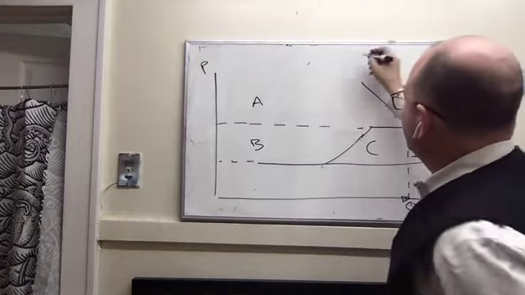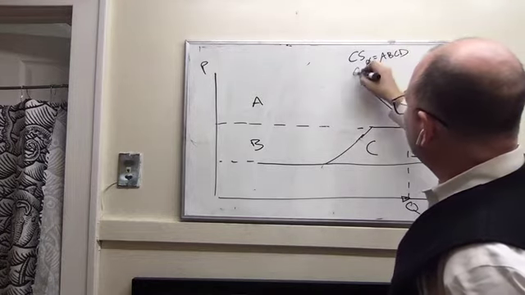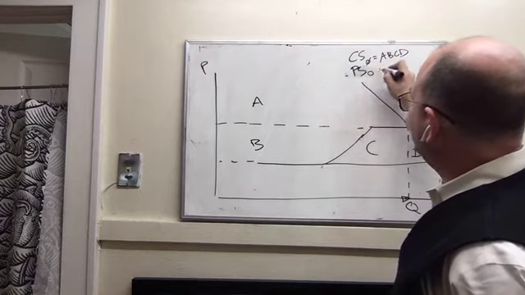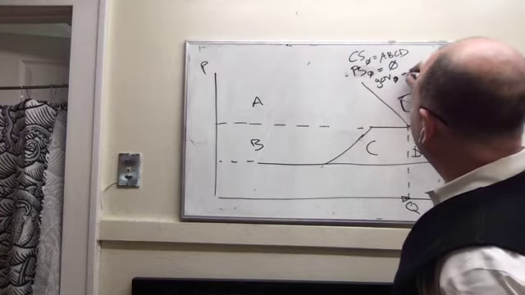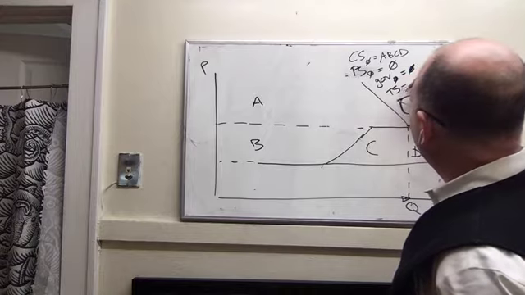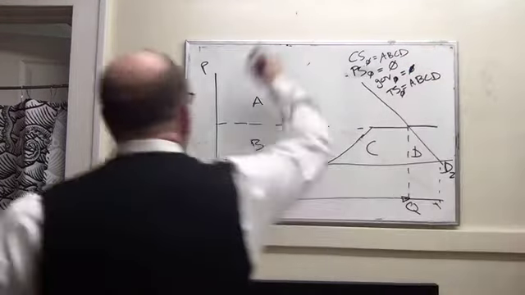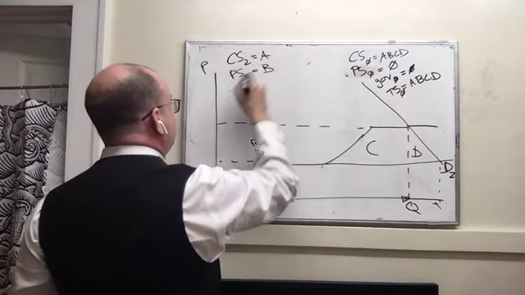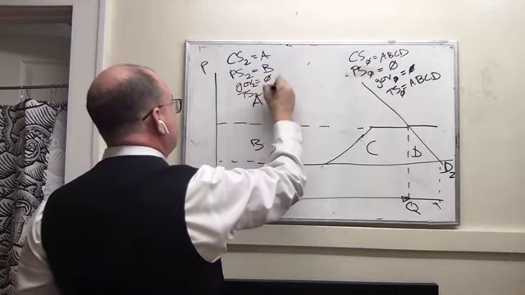And so basically, if we think about this, I'll just get rid of this. Consumer surplus with no restriction is going to be A, B, C, and D. Actually, let's do all of the before. Producer surplus is going to be 0, government is going to be 0, and total surplus is going to be A, B, C, and D. With the restriction on entry, consumer surplus now is just going to be A. Producer surplus now is going to be B. Government is going to be 0, and total surplus is going to be A and B.